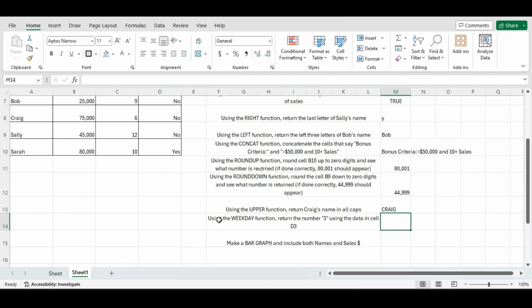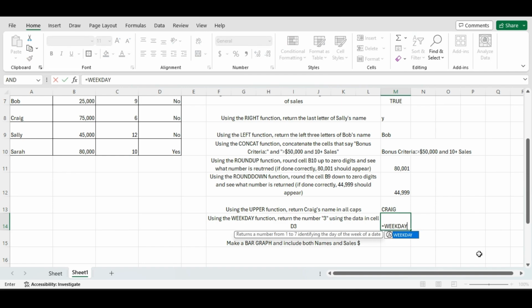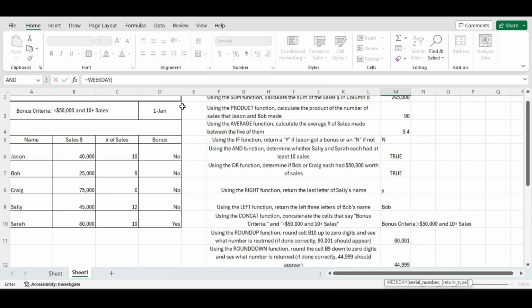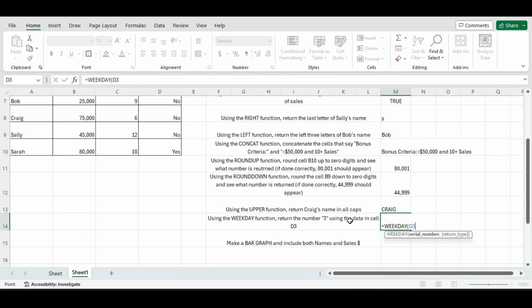So now going down here, using the weekday function, return the number 3 using the data in cell D3. So this might be the most advanced. It's not too advanced, but it's probably the most advanced function on here, and I'll explain why in a second. I intentionally phrased the question this way to make it a little more advanced, but for this weekday function, we use the weekday function, and our serial number is just the date. So the data in cell D3 is just this January 1st date, and it wants us to